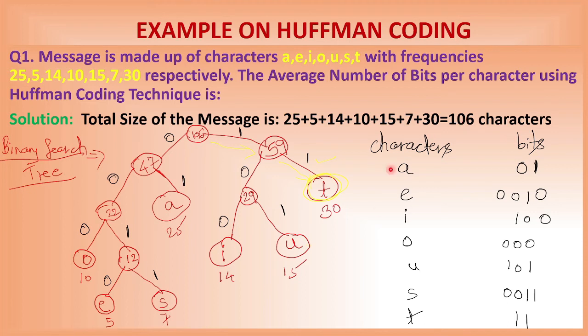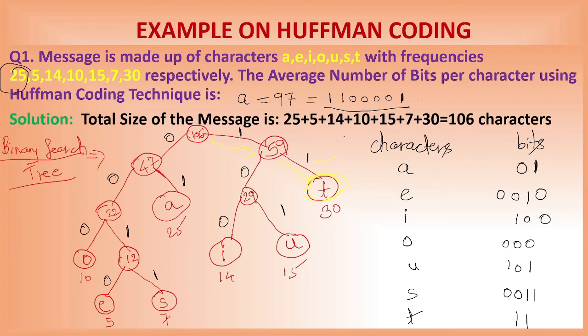So now this is the Huffman code, or you can say Huffman coding. A is occurring how many times? 25 times. The ASCII value of A is 97, and when you convert 97 into binary, this value will come: 1100001. This is only when one A occurs; this will be the value inside the computer. This is the binary representation of A inside the computer. But A is coming how many times in the message? 25. So these bits will be coming 25 times. See how big the data is that the computer has to process. So using Huffman coding, we can actually convert the bits into a smaller size.